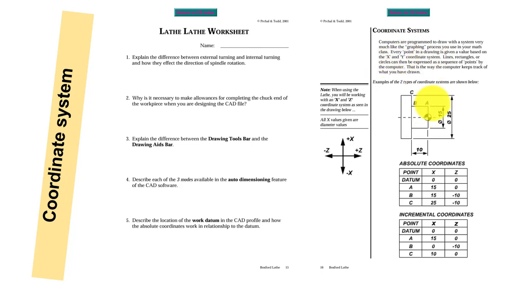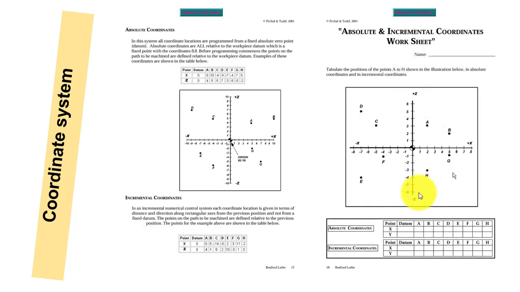This is a simple project where you can see a turning operation. Here you can see the table with absolute coordinates and incremental coordinates. You can select the corner points or nodes using either the absolute coordinate system or the incremental coordinate system. From the figure it is filled in, and you can create the same table and note the corners or nodes from the drawing. Absolute coordinate system, incremental coordinate system. This sheet has already been shared in Google Classroom, so you can practice.